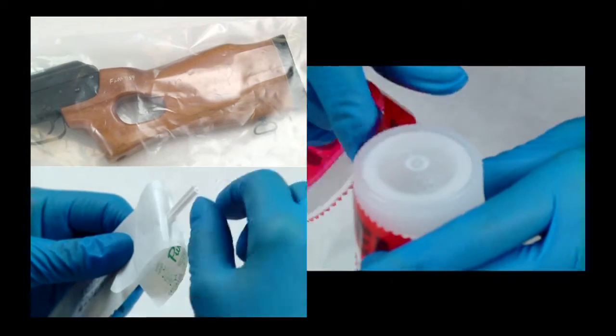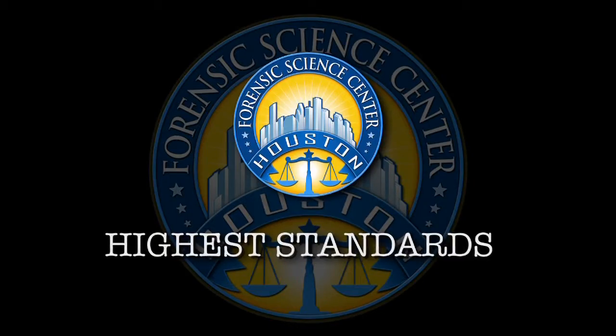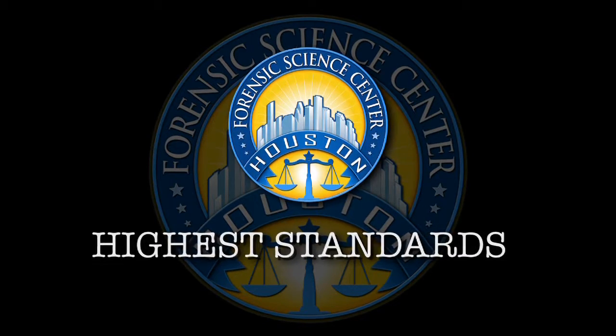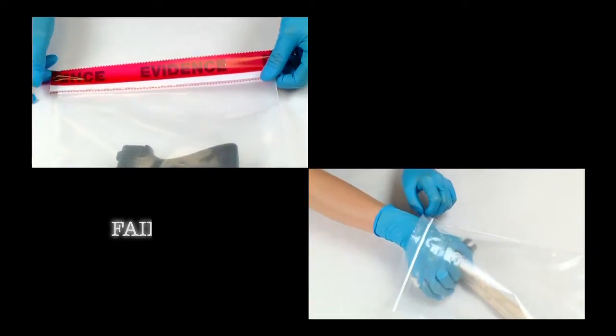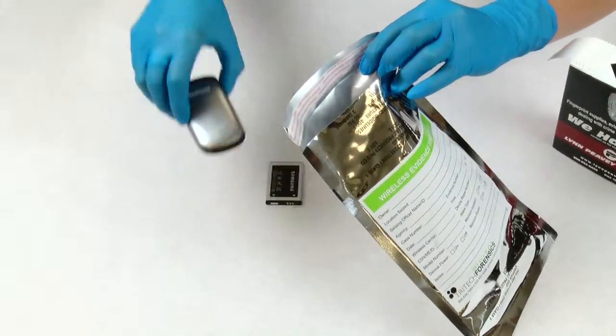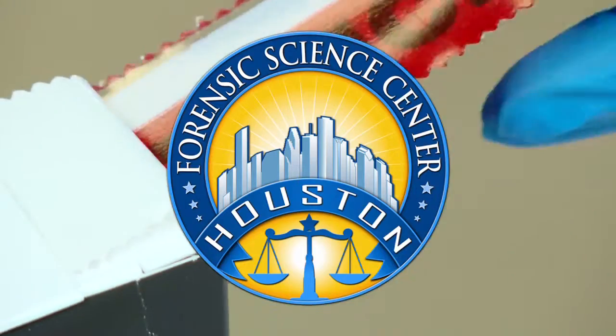Make no mistake about it, the goal is to ensure justice is served. Houston Forensic Science Center holds evidence integrity to the highest standards. Therefore, evidence must be collected and submitted in a manner which ensures fairness without prejudice. These evidence collection training videos will show those submitting evidence for analysis a step-by-step guide on how to do so